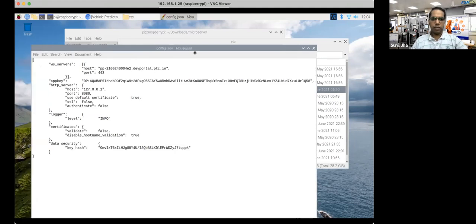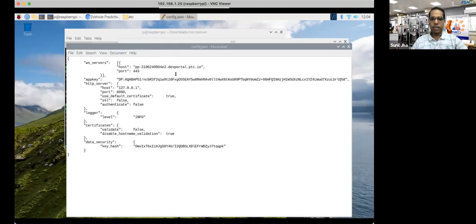Once you open this config.json file, which is the configuration of your Edge micro server, you have to specify the ThingWorx instance host ID here. This is the host detail that you will get from the page where you are hosting this ThingWorx Analytics or ThingWorx Foundation. It's a hosted trial, so you have to bring that host ID over here. The port will remain 443.